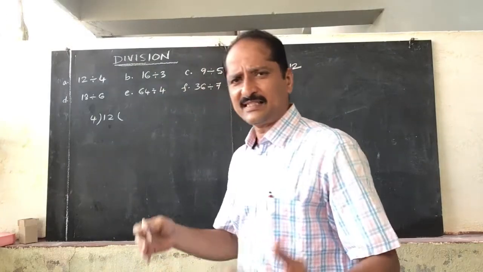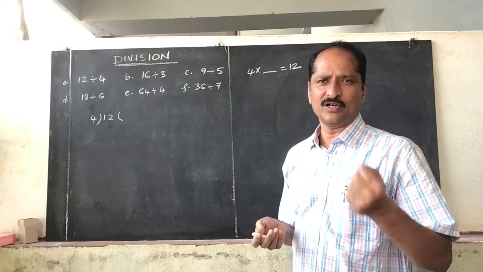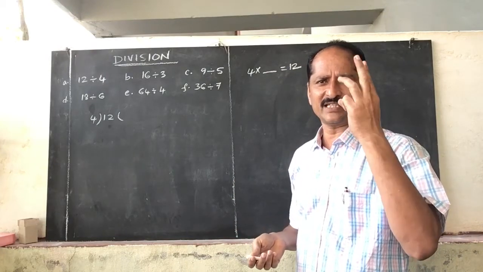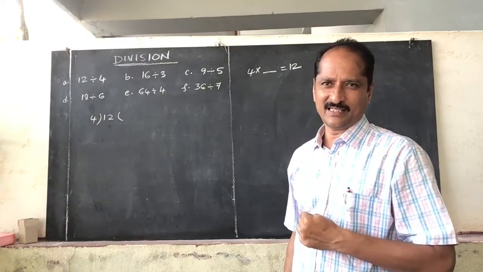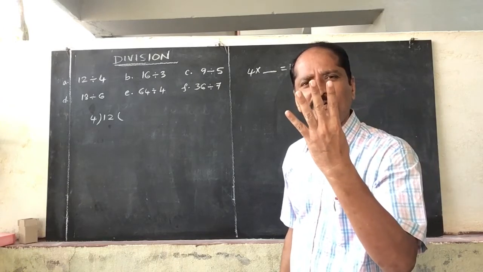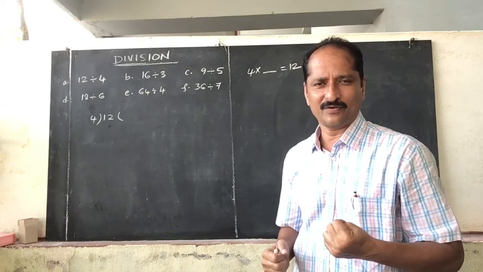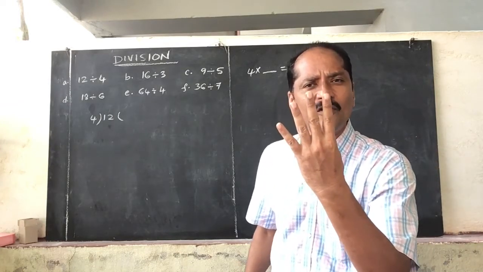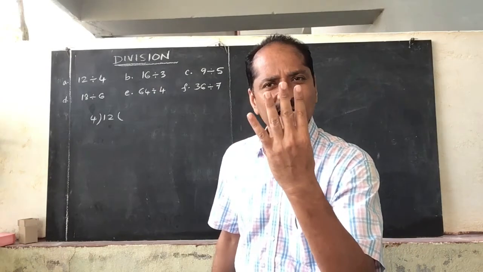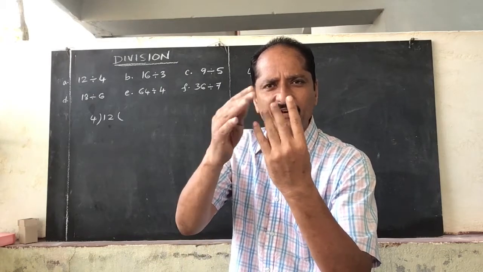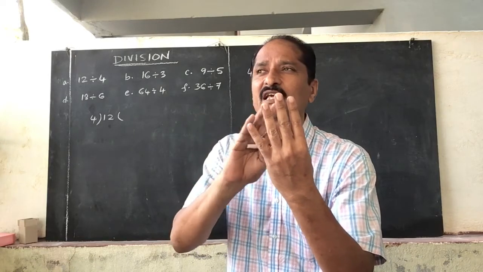That means this is nothing but the inverse process of multiplication. So you can read the fourth table till getting 12. So 4 1 is 4, 4 2 are 8, 4 3 are 12. So 12 we got. How many 4s are there in 12? 3 4s are there. How many 2s are there in 4? Repeated subtraction law: 1 2, another 2. 2 2s are there in 4. So how many 5s are there in 4? Observe carefully. Is there any 5 in 4? Can you take out 5 from 4? No. So there are no 5s in 4.